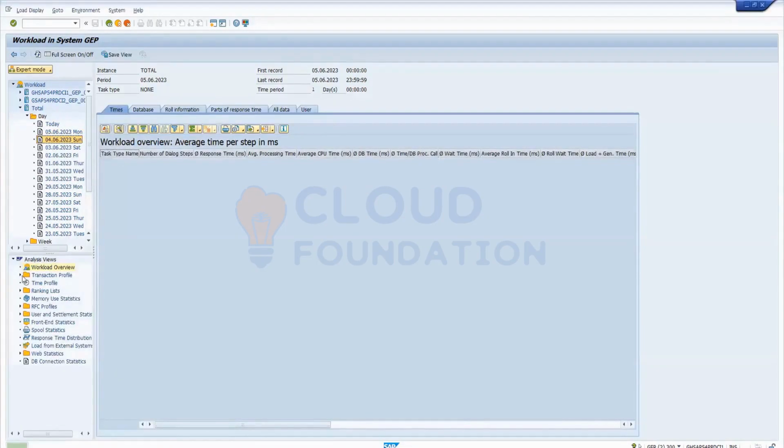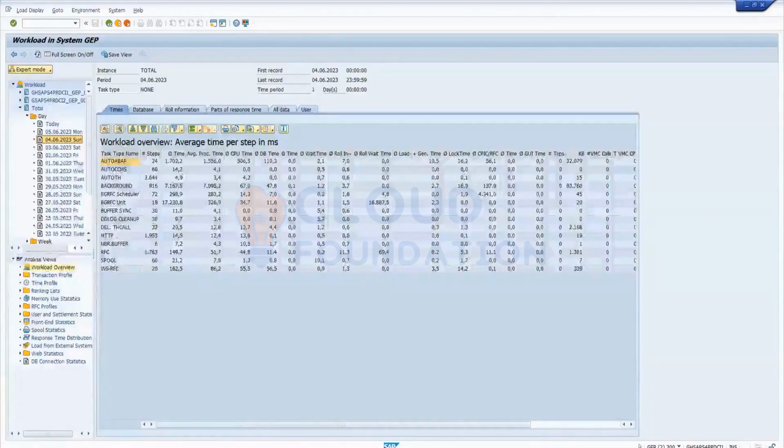On the screenshot, users and settlement statistic is not here. Unless you log out, there is no need to log in again. That's why I don't log out. But still, I'm a user. Even though I am already logged in, my ID is not reflecting here. These are not the IDs.